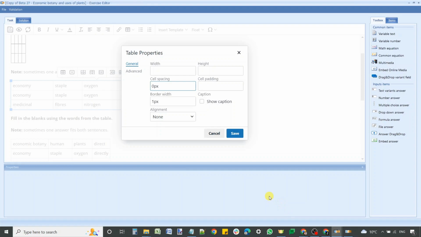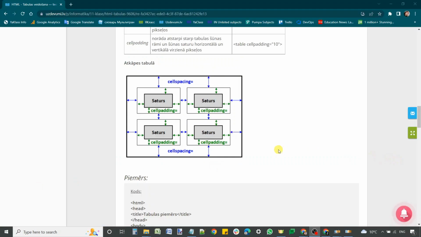Cell spacing is the spacing between the cells of the table, and cell padding is a space between the contents of the cell, or usually it's a text, and the frames or the borders of the cell. Here is the picture, explanatory picture from our Latvian website. Saturs, it means the words that is inside the table, inside the cell. So cell spacing is everything which is in blue, the space between the borders of the table and borders of